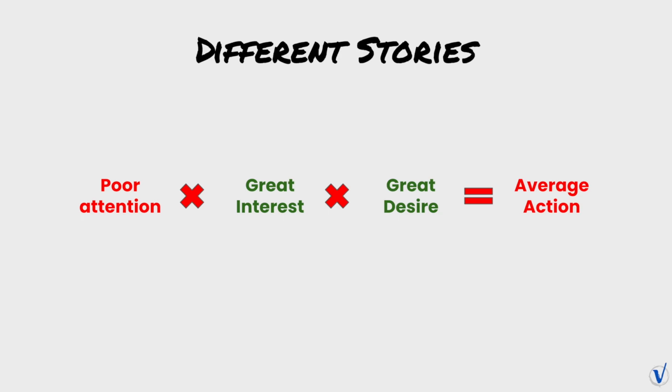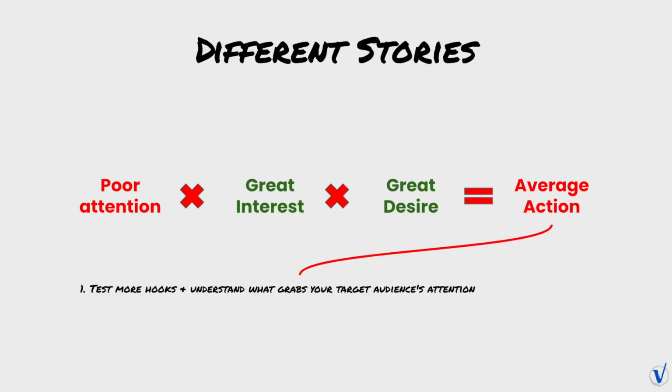Usually this is the lowest from an importance standpoint. Poor attention is the easiest to fix and the one that has the least importance for your ultimate action rate, which is the reason why you will still probably have an average action rate. But by testing your hooks and making sure that you're grabbing more of your target audience's attention, you will convert this average action rate to a really great action rate. Therefore, what I would do first there is go ahead and test more hooks